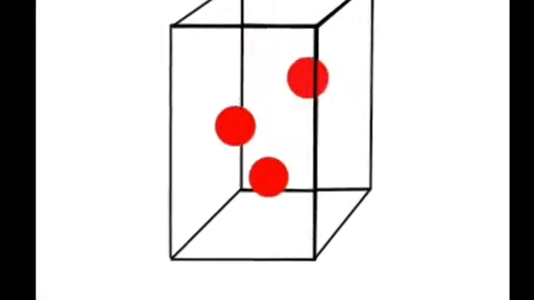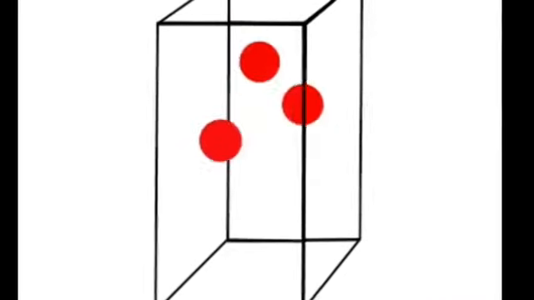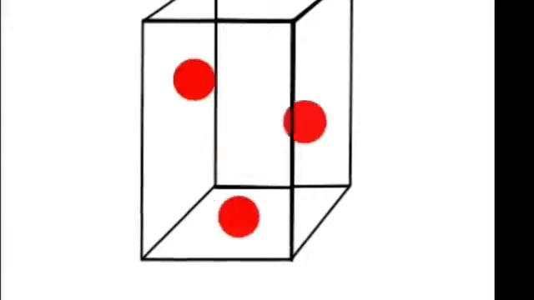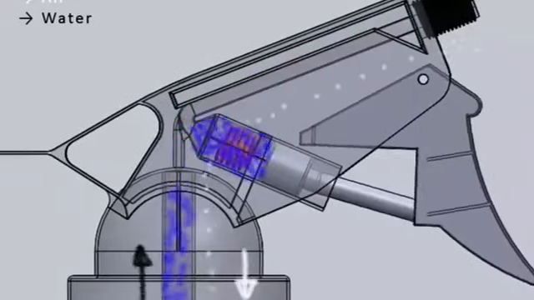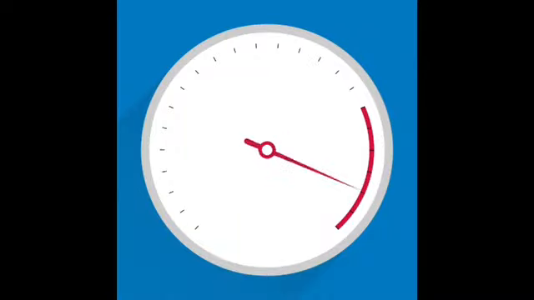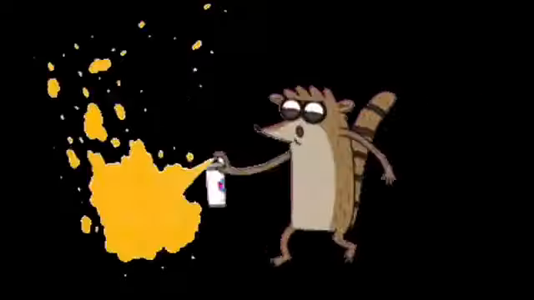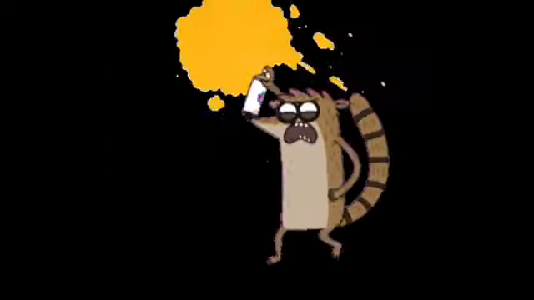That is, until you push down the nozzle. The moment the nozzle of a spray paint can goes down, the seal is broken and the propellant instantly boils, expands into a gas, and pushes down on the paint. Under the high pressure, the paint is forced out of the nozzle as it attempts to reach an area with lower pressure.